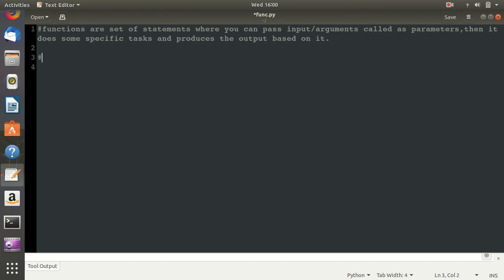So let me write that. Creating or defining functions. Defining a function. For that we use the keyword def for defining, and then write the name of the function. Here I'll name it hi function, and then open the parentheses and close it, and then use a colon